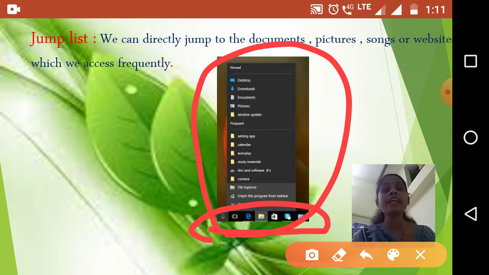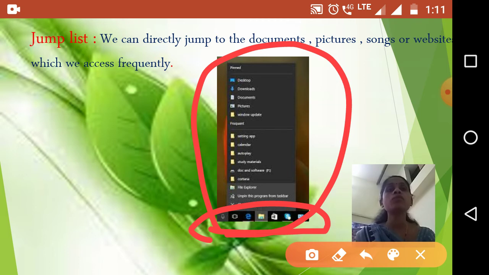You know, when you right click, cut, copy, paste and other options come up. That is also a jump list. Jump list means giving you so many options at a time. The taskbar's jump list is the same: if many files are open at a time, it shows them in a format so you can see that these things are open. That's why it is known as a jump list.